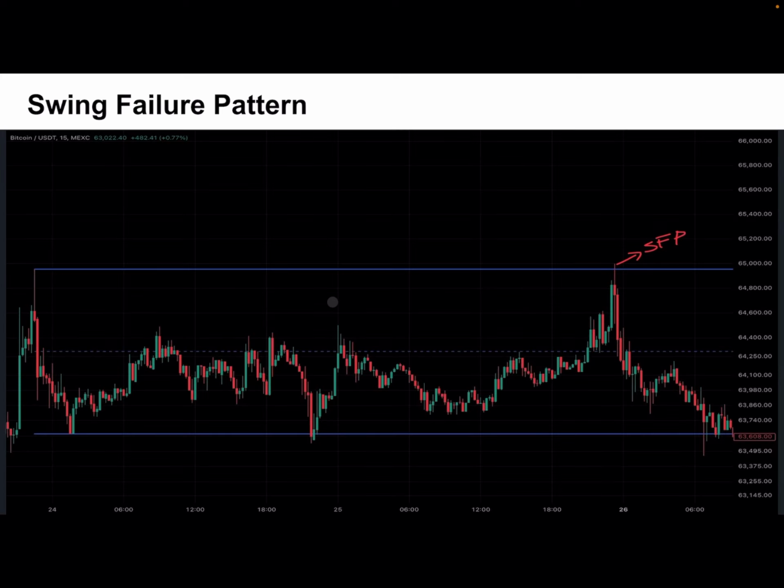What you will see is a really classic swing failure pattern, where you will see the price push sideways for a long time. This is 2 days of basically the same $1,000 range, and then you're seeing the price push up above these highs here, taking those highs and then pushing down. The reason why this happens and why this is so important to us is the same concept as the blue circle. Let's think about where these people, if they're shorting the market at these levels here, will put their stops. Well, they will put their stops here, because even if I was shorting the market here, the first place I'm thinking about putting my stops will be here.